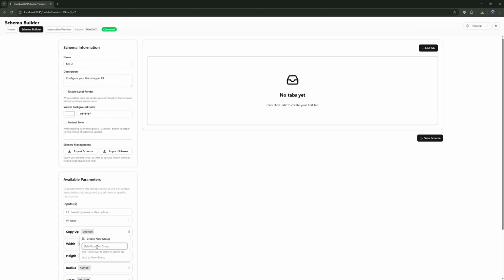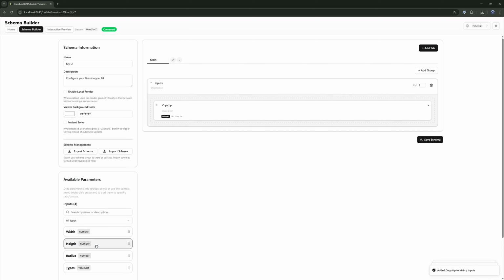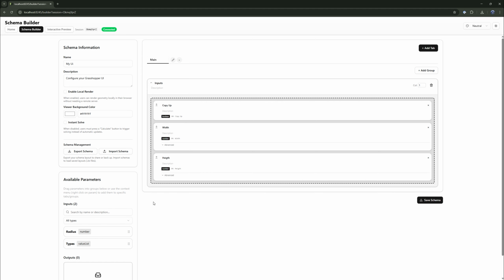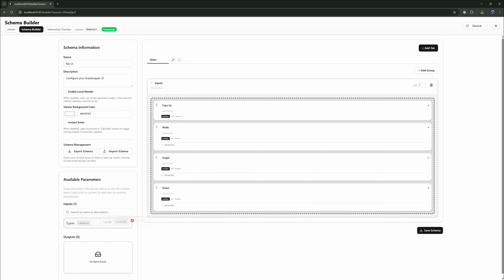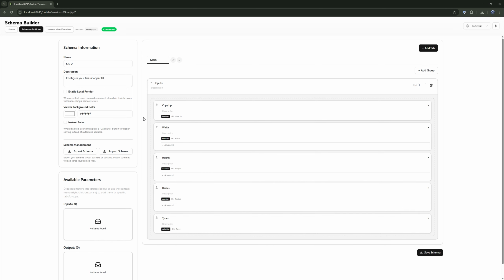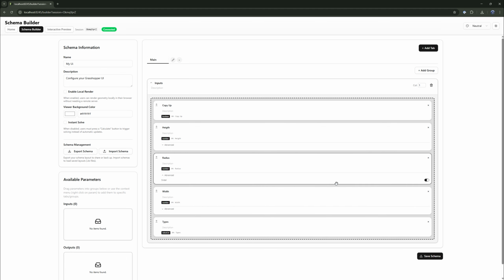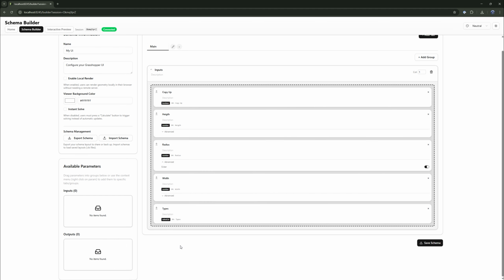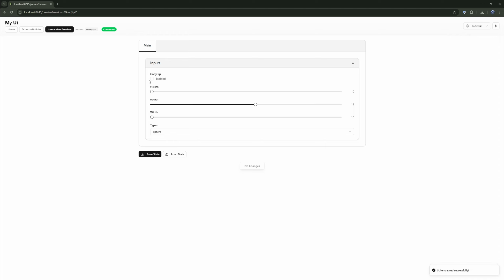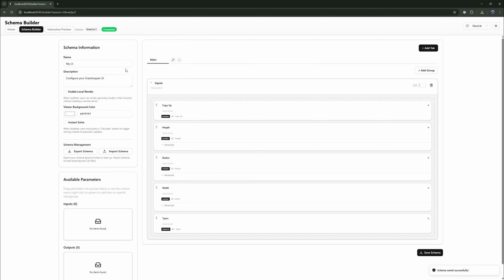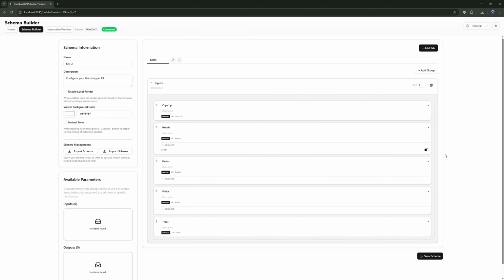There are a couple of ways to build the UI. Here with right click, we can define a path, so it will automatically create a tab and a group for it. And then we can either drag and drop, or also with the right click menu, add them again. We can also drag and reorder, and we also get some options, for example,